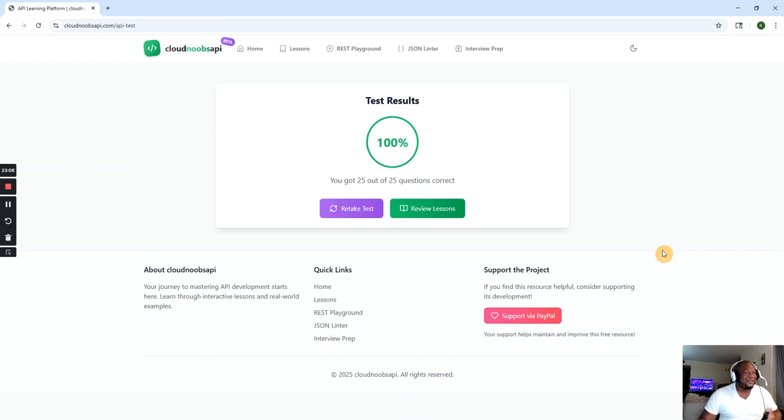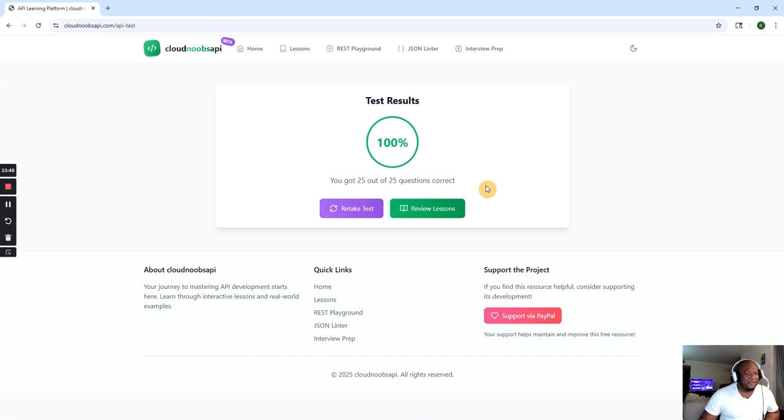And you see, it gives you an instant result, and you can take the test and review the lessons. If you got some of them wrong, you can review them, go straight to the exact question that you got wrong, and it will explain everything for you. You can retake the test, which will come with different questions each time, with tests that have been mixed together.